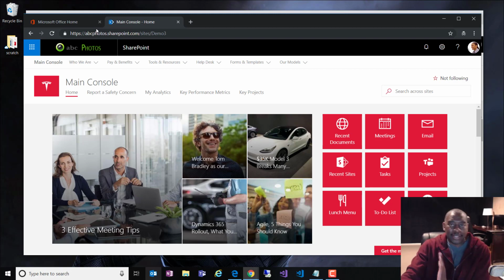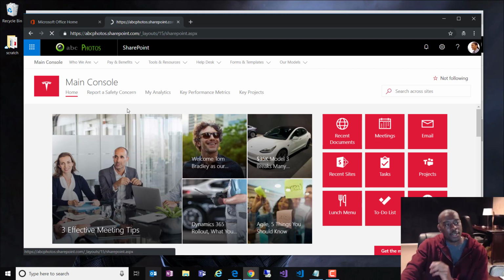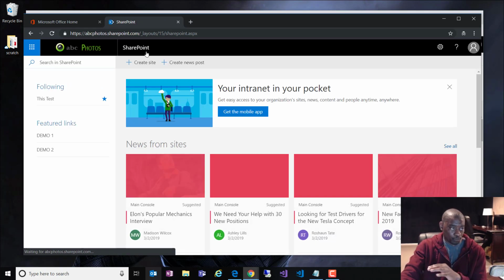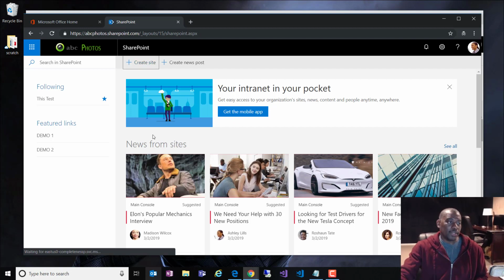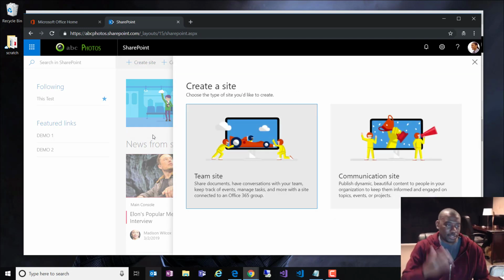Now, I said that that's only stopping the bleeding for a little bit. And I say that because if they go to the SharePoint dashboard, I really don't know the proper term for this screen right here, there's another create site here. They can just still go and create team sites, communication sites, and all this other good stuff. They just won't be able to associate it to the hub, which is fine,